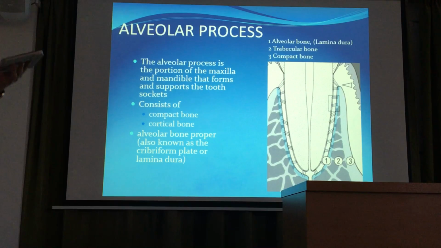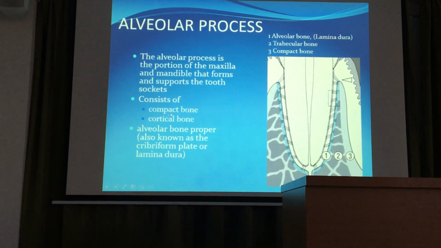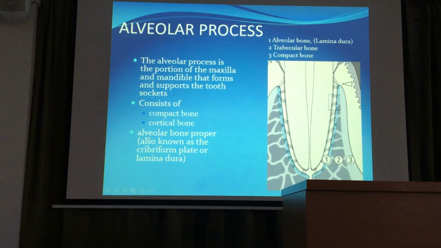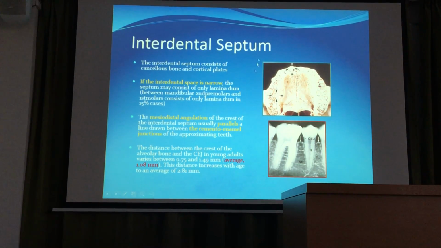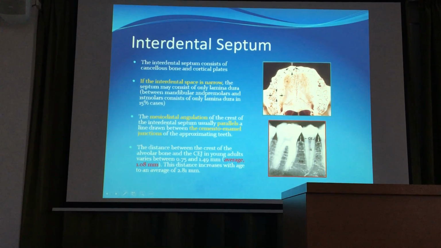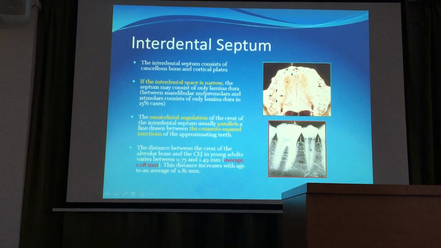And the last thing, the alveolar bone. Alveolar bone is similar to, you know, another part of the body. The composition is the same. We have a compound bone. We have a cortical bone, but maybe we can see here. So we have the external cortical plate, the internal cortical plate. We have some cancellous bone here, and of course for us as dentists, it's important to check the bone